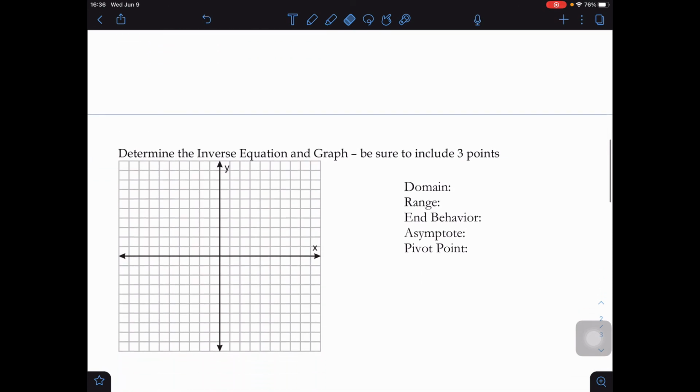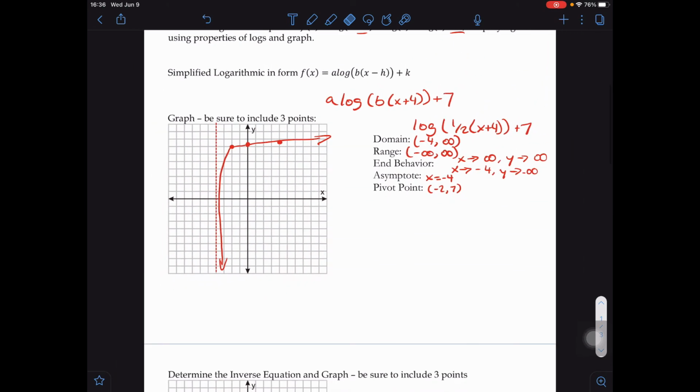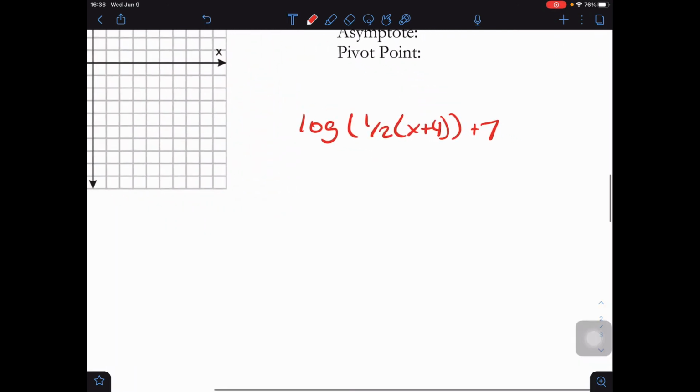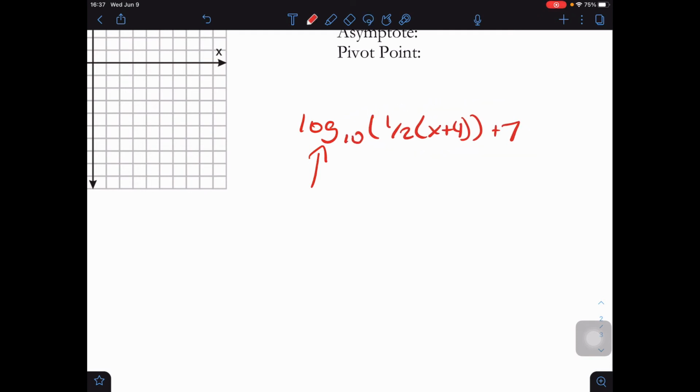So now that we have to find the inverse of this above function, let me just copy and paste it. There's actually an easier way to go about it than just trying to solve for y. Basically, we try to reverse every aspect of this. Since the 1/2 is on the inside, we have to take the reciprocal of it and put it on the outside. This log has to be changed to an exponential, and since there's a hidden log base 10 right there,